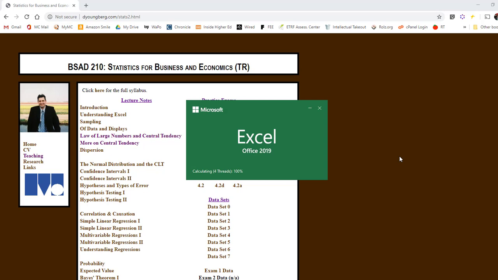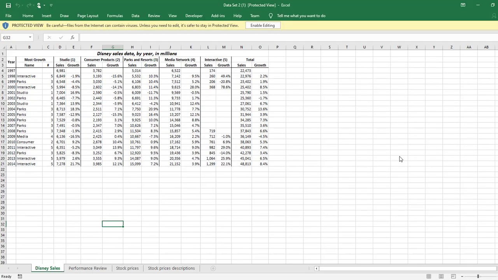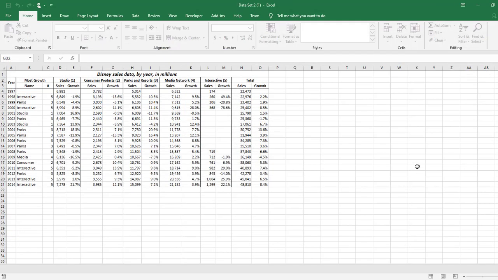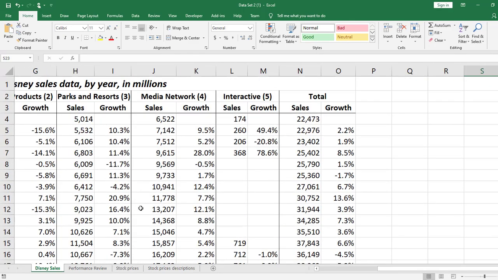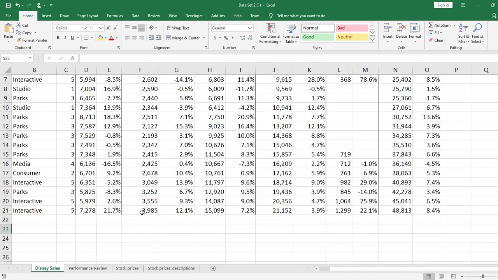So what kind of data does data set 2 cover? Amanda, what kind of data does data set 2 cover? Yeah, what's the thing that pops up? Sales for whom? Disney. And so we talked about who has the best average sales, finding the geometric mean,